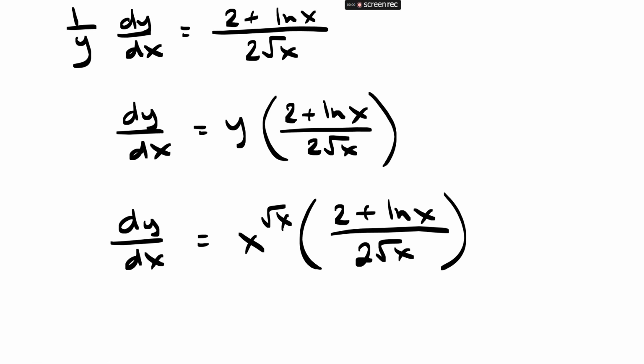Wow, this crazy function called x to the square root of x. 2 different variables, 2 different places. But we were able to take the derivative of this. That's perfect. And that'll be the end of